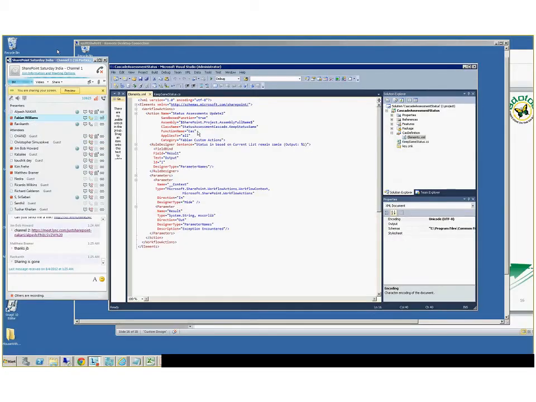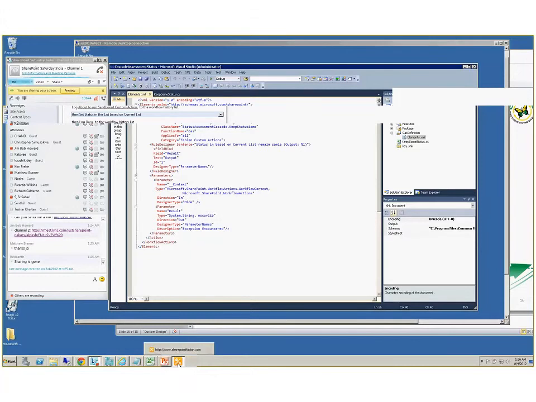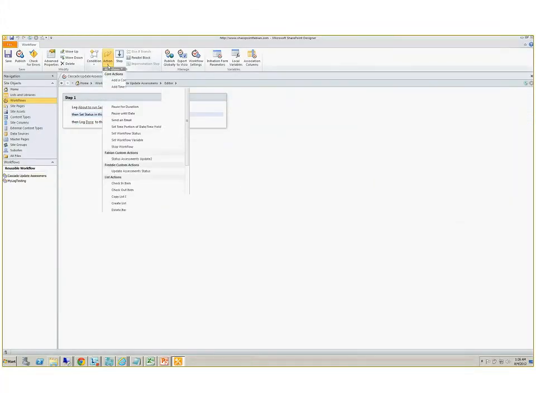All right, so by looking at the one, let's walk through this element. So in my workflow actions, we have status assessment of, and if you recall, let's go back to SharePoint Designer. Under actions, we have status assessment updates, Fabian custom actions. So this is my category. This is